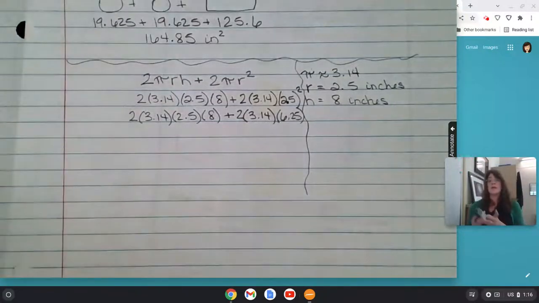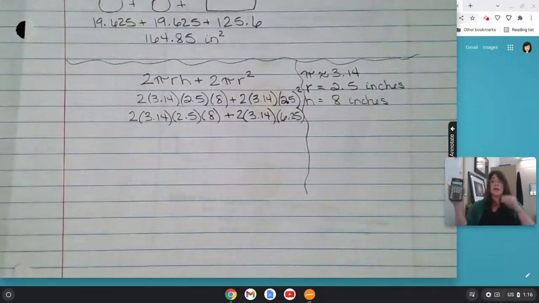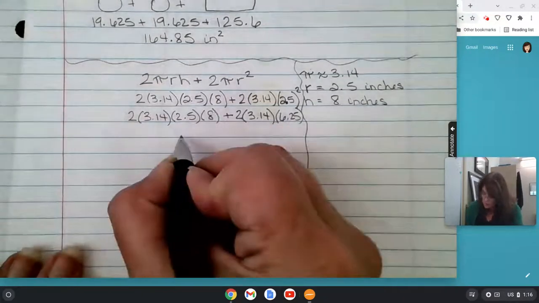Now, here is where a calculator comes in really handy and why I'm not taking them away during this unit. 2 times 3.14 times 2.5 times 8 equals